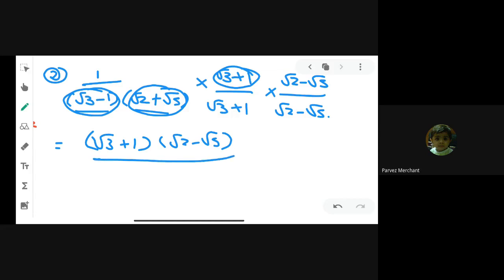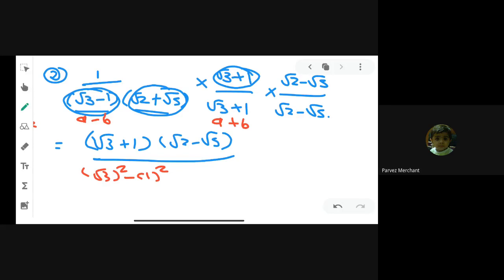Now you can see in the denominator, root 3 plus 1, we are applying the identity 2 times. Why? Because we have 2 brackets. You can see here, root 3 minus 1, root 3 plus 1. So it means A minus B, A plus B. First, we are applying the algebraic identity for these 2 terms, in which A means root 3, B means 1. And what is the answer of the identity? A square minus B square. So root 3 square minus 1 square. Clear all of you?